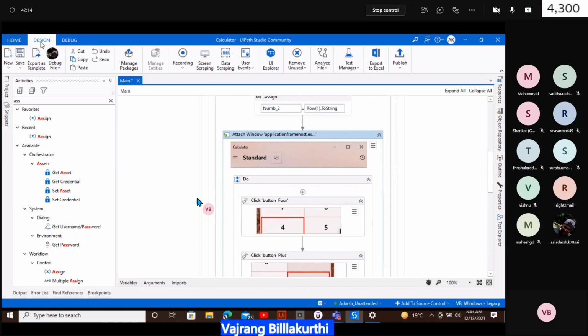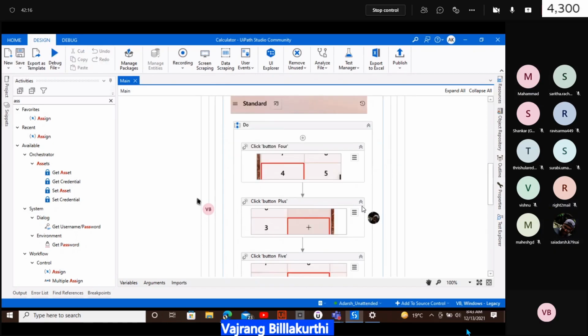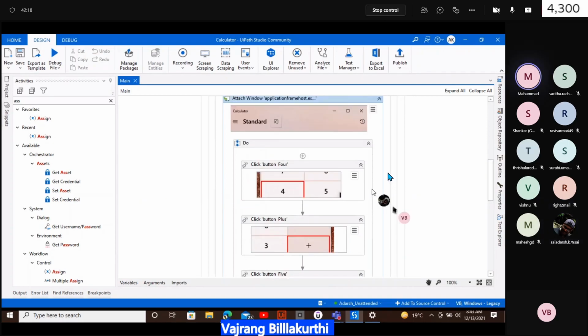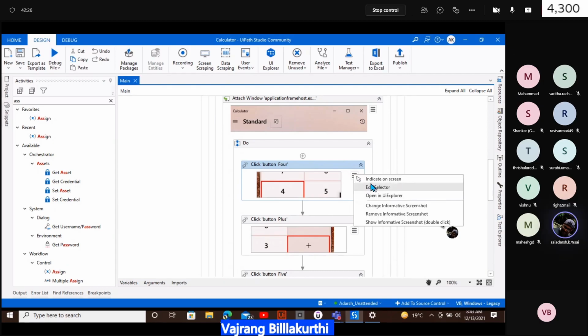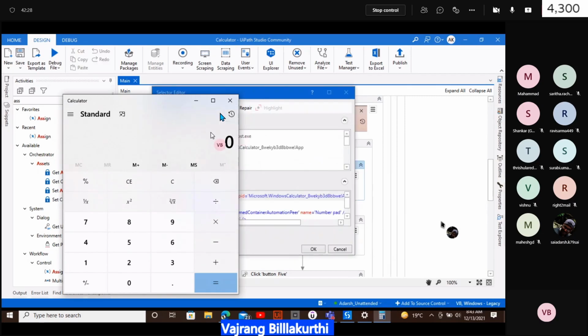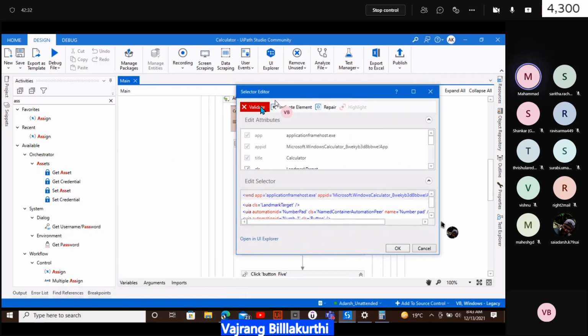Give me the access once. Wait a second, I will minimize this. When you are editing the selector, this is not getting validated. Selectors must be validated.